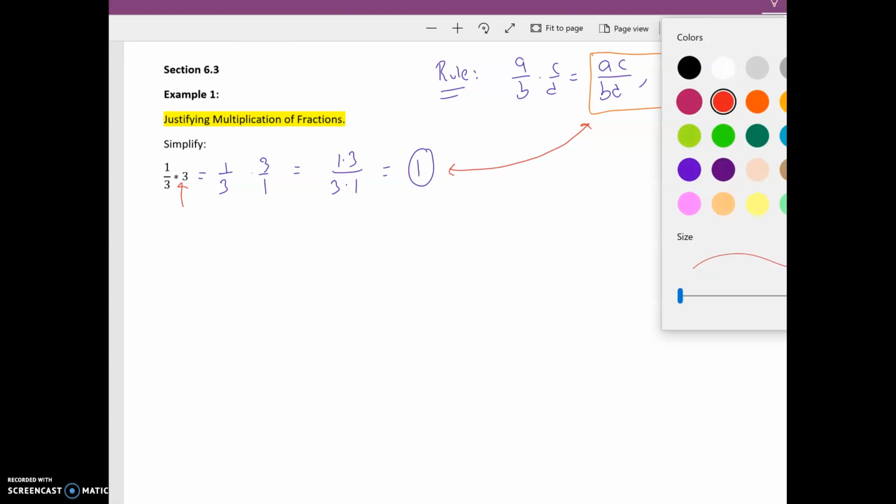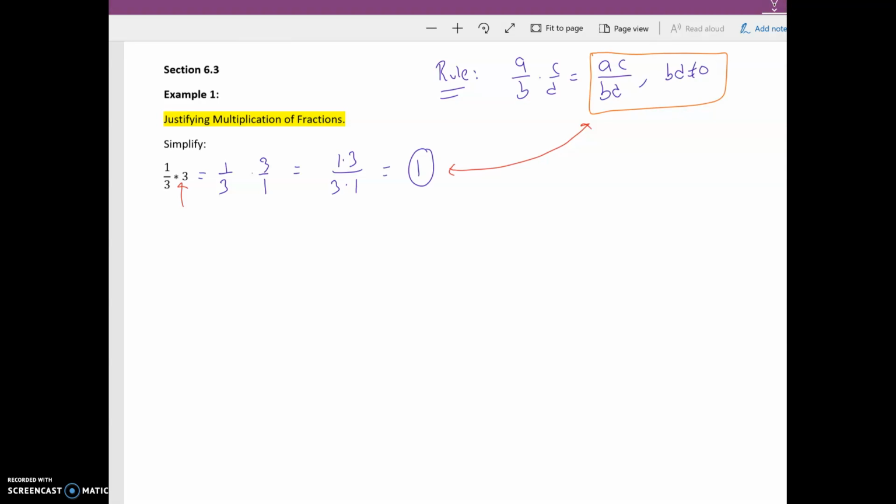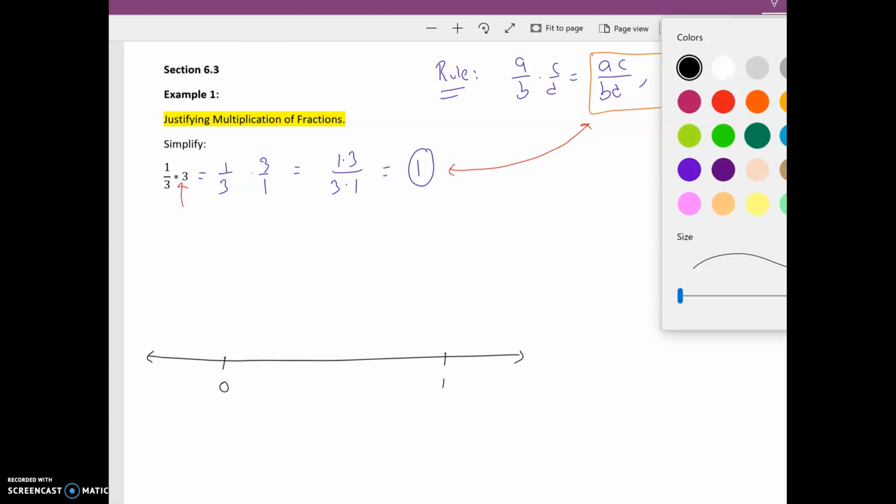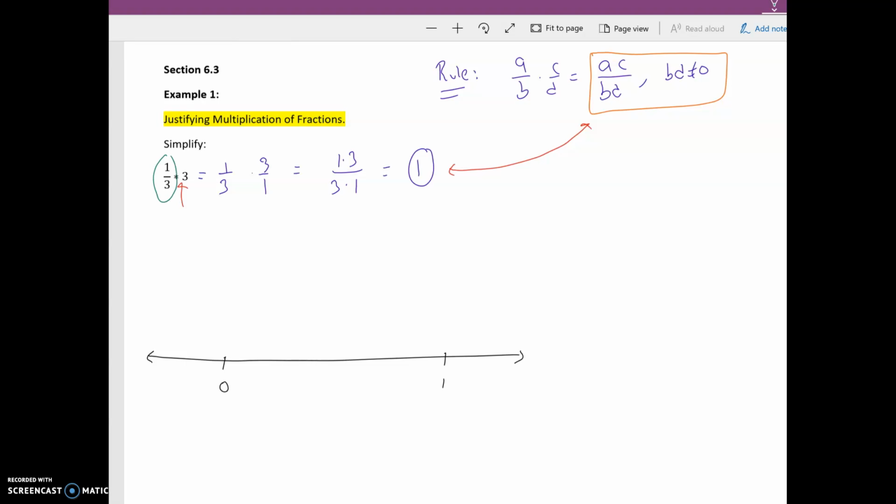Now, if you look at the number line, I'm just going to draw the number line here. I'm going to say that this is 0 and this is the value of 1. And what we technically have on the first problem is that this is a third. So you basically divide the number line into 3 pieces. I'm going to say that this is 1/3, this is 2/3, and